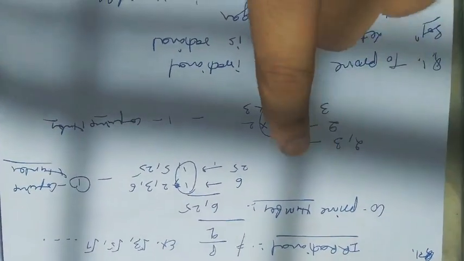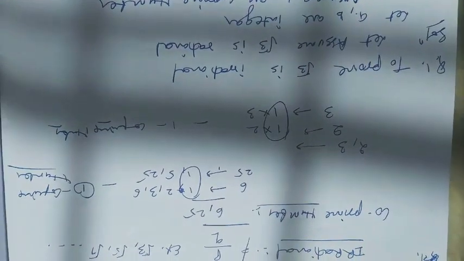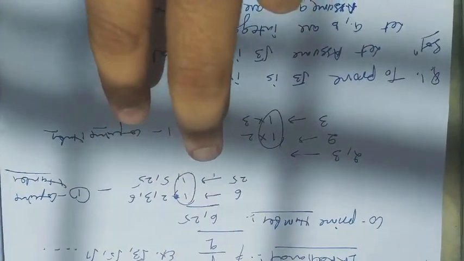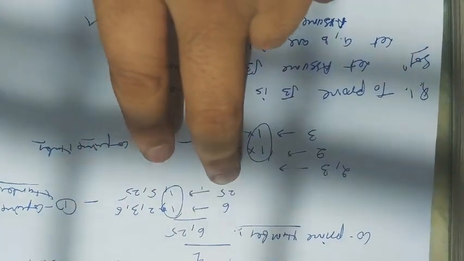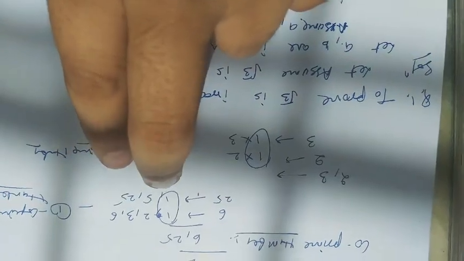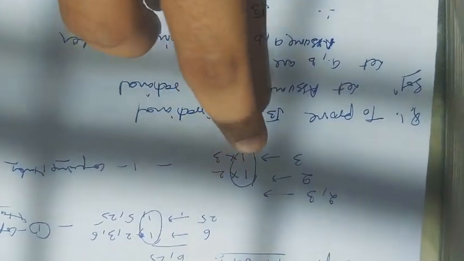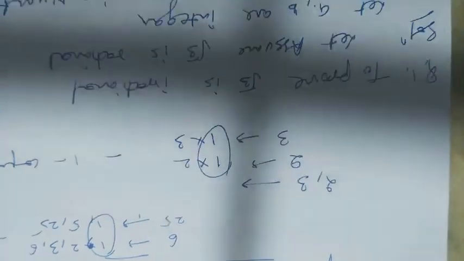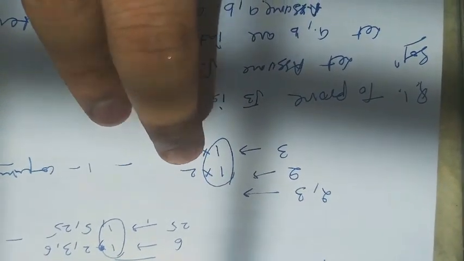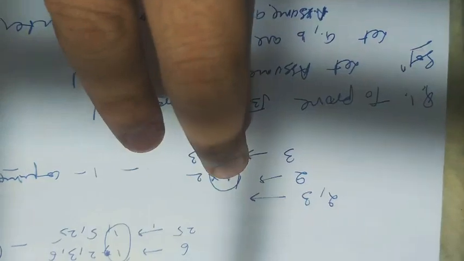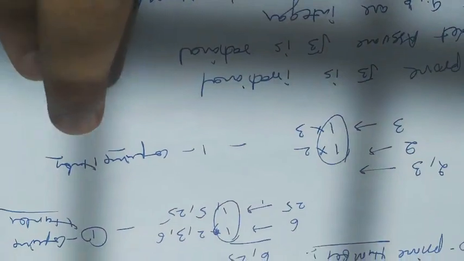After that, co-prime numbers are most important. What are co-prime numbers? Suppose you are given the two numbers 6 and 25. The factors of 6 are 1, 2, 3, 6, and the factors of 25 are 1, 5, 25. So what is common? Only 1. So 1 is the common factor, and the numbers are co-prime. Again, take 2 and 3. 2 is 1 multiplied by 2, and 3 is 1 multiplied by 3. It means 1 and 2 are the factors of 2, and 1 and 3 are the factors of 3, in which 1 is common, so we can say they are co-prime numbers.